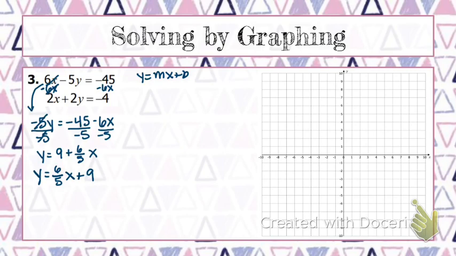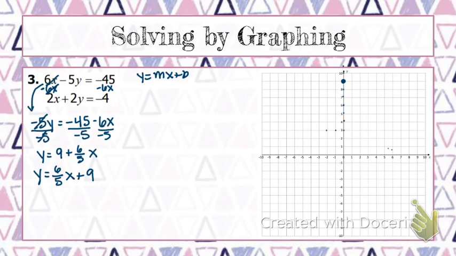So we go to positive 9, that's our y-intercept. And then we have a slope of positive 6/5. Well, if we were going to go up 6 and over 5, that would be way up here somewhere. So instead of going that direction, we're going to go the other direction, and it's just you take the opposite of both of them. So we can go down 6, 1, 2, 3, 4, 5, 6, and left 5, 1,